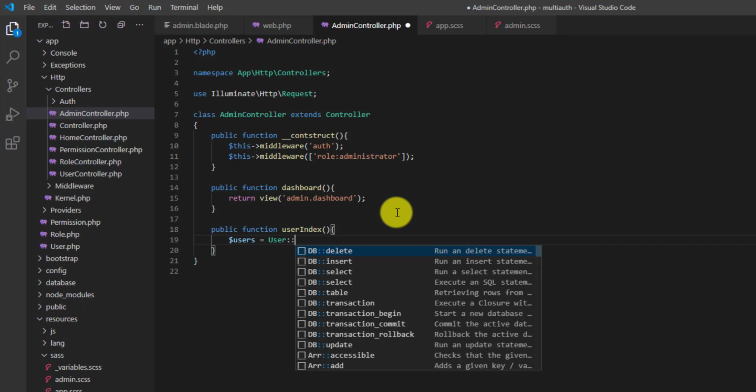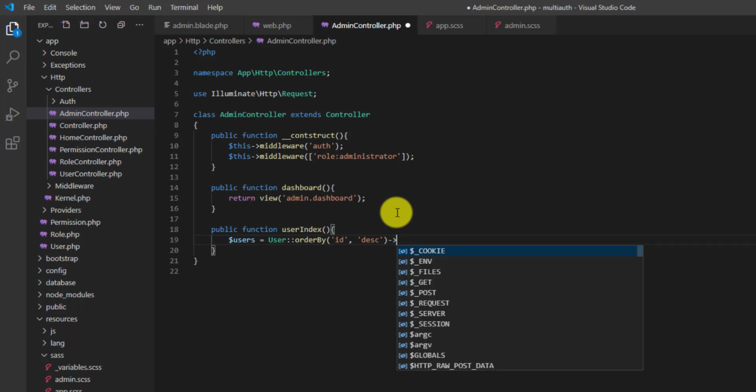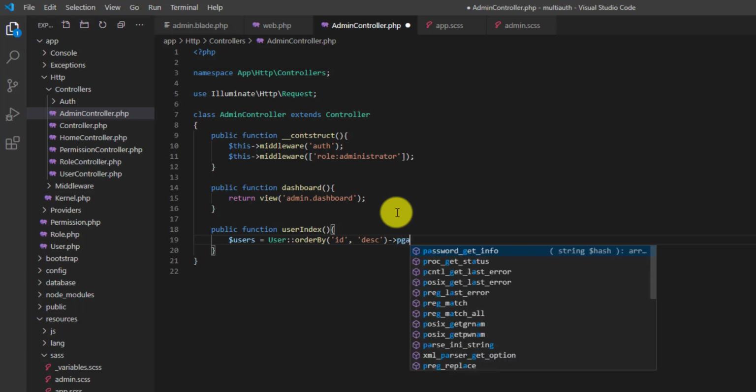We want to order them, so for that we can say orderBy, and we want to order them by their IDs, so we can say id comma, and they should be descending or desc. Now after that we want to get all, but we also want to paginate them. So in here what we can do is say paginate